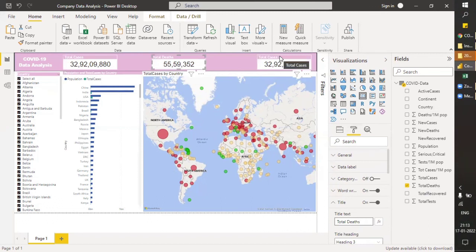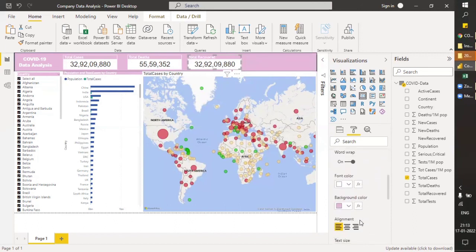Coming to this, total cases, and total deaths we have, total cases we have, and total recovered. Let's add this one here. Recovered.